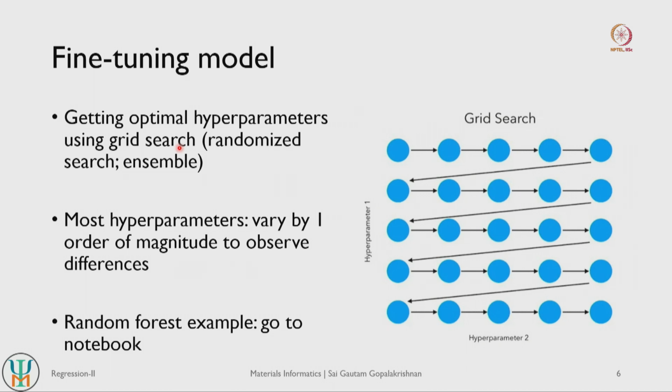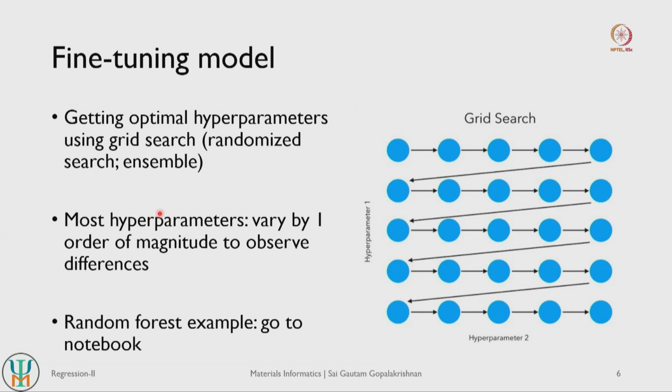Yeah, so grid search cross validation. What we do in grid search is basically, let's say we have two different hyperparameters here, we create a discrete set of values for hyperparameter 1 and another discrete set of values for hyperparameter 2, and we basically sample all the different combinations possible, right. So if we have 5 different values of hyperparameter 2 and 5 different values of hyperparameter 1, we basically create 25 models, right, containing different combinations of these hyperparameters, and we try to identify which model is the best based on mean absolute error, root mean squared error, and so on, right.